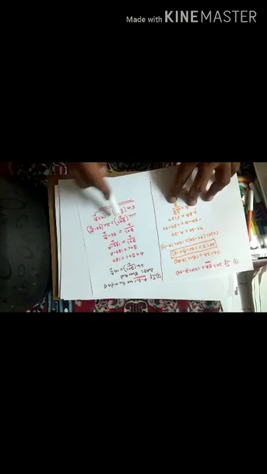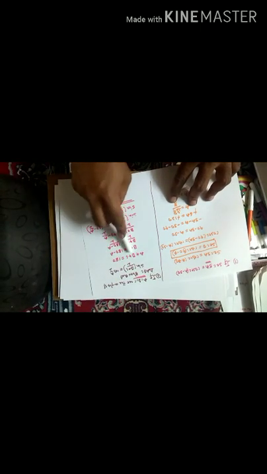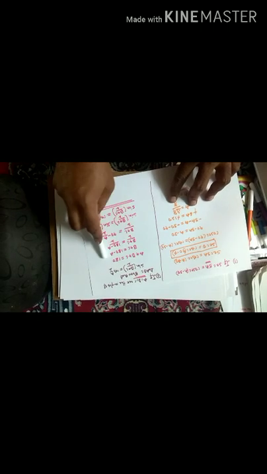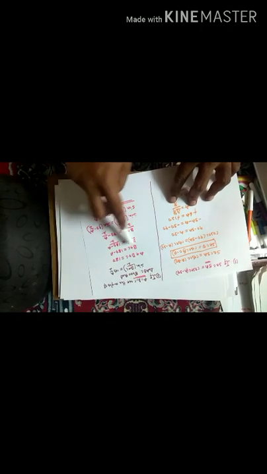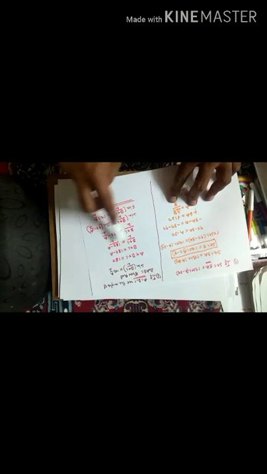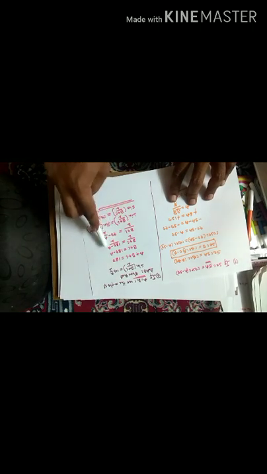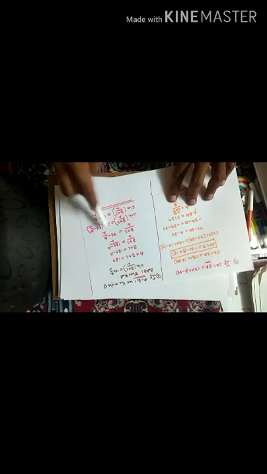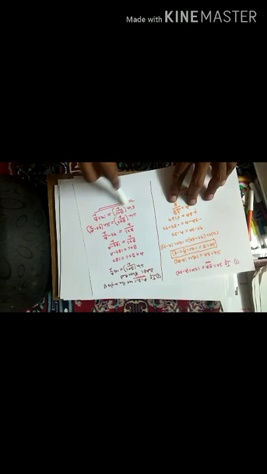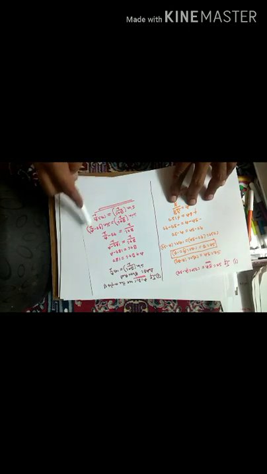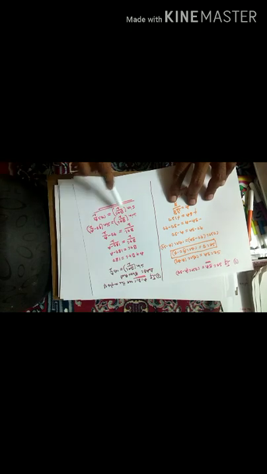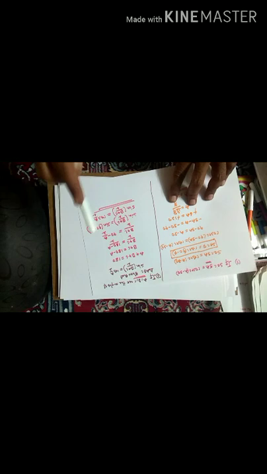Like that we can prove it. A plus B plus C is equal to 180, because the sum of interior angles is equal to 180 degrees. If you send A to that side, that is 180 minus A. Both sides you divide by 2, then (B plus C) by 2 is equal to (180 minus A) by 2. So (B plus C) by 2 is 90 minus A by 2. Both sides I applied sin, because in the question sin and cos are there. Sin (B plus C) by 2 is equal to sin (90 minus theta). Sin (90 minus theta) is equal to cos theta. Here in place of theta, A by 2 is there, so cos A by 2. So sin (B plus C) by 2 is equal to cos A by 2.